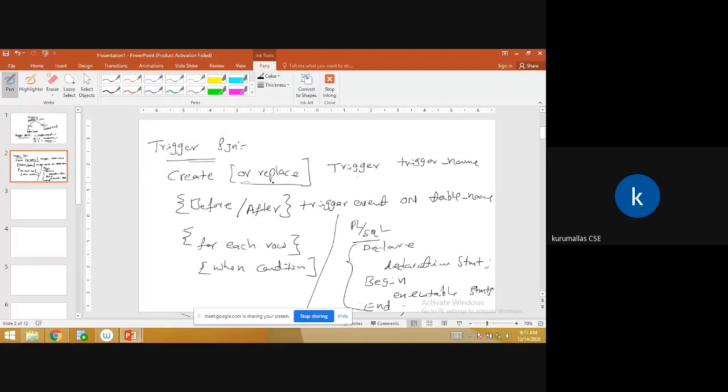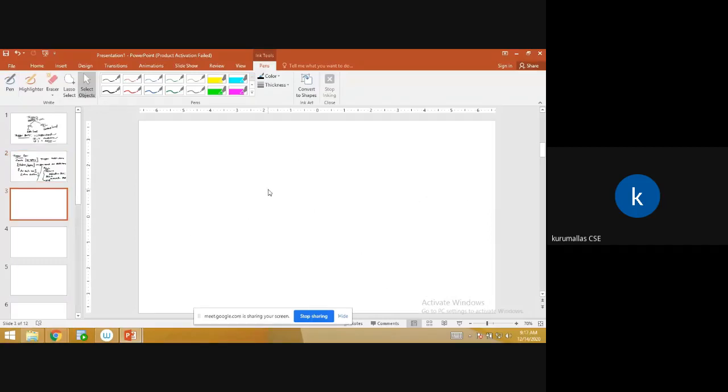Now let us see the example for creating a table. We have one table. First we have to create the customers table and insert the values.